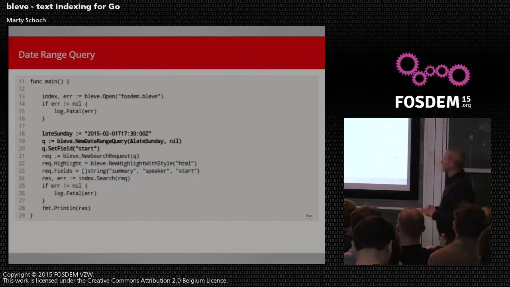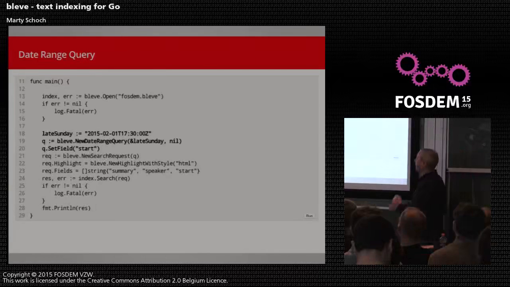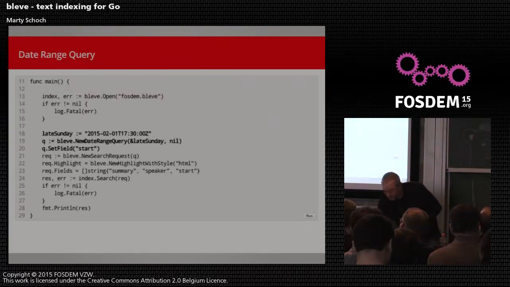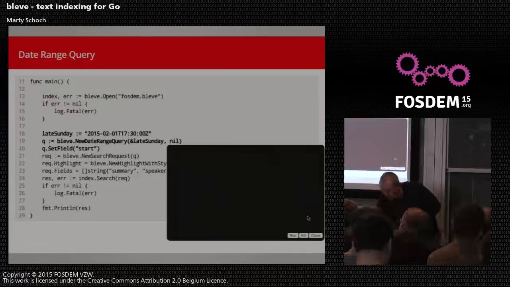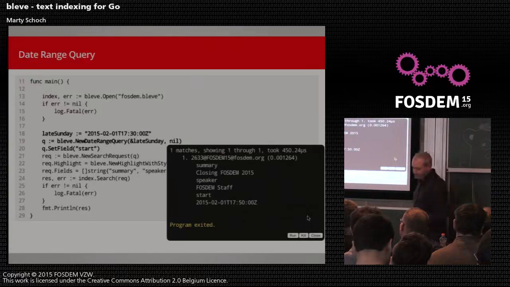And also, we have the start time. So I have a date range query here. Again, just like before, it's a start and an end date. In this case, we're using the, I guess, RFC 3339 format of the timestamp. That's all configurable inside the library, but that's just the default here. So this is going to look for today, 5:30 and later. So that's a very late talk on Sunday. And if we run that, that's going to go ahead and match just one talk, which is the closing talk.